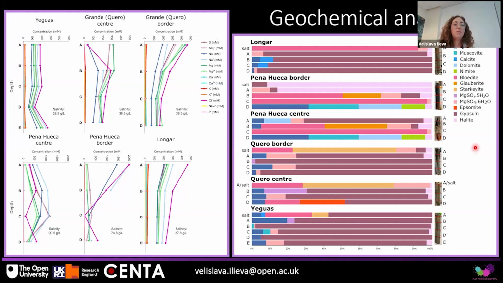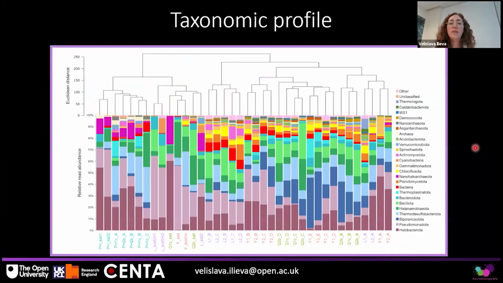So then we performed microbiology analysis. For this, I helped sequence the samples for 16S rRNA gene amplicon sequencing, and we also sent them off for shotgun metagenomics. So first, I'm going to talk through the amplicon sequencing, which helped us identify the taxonomic composition of the samples.